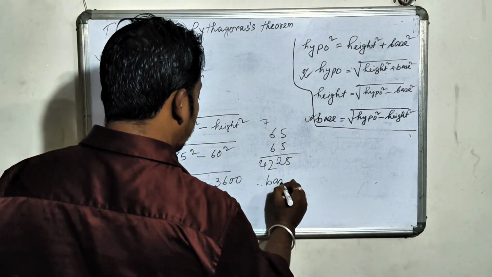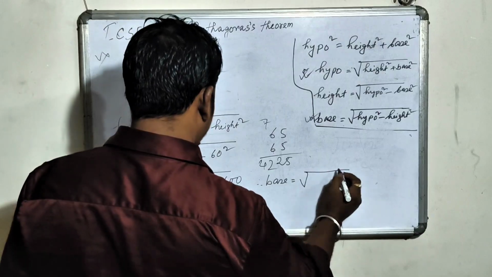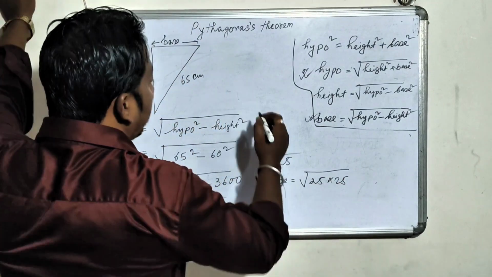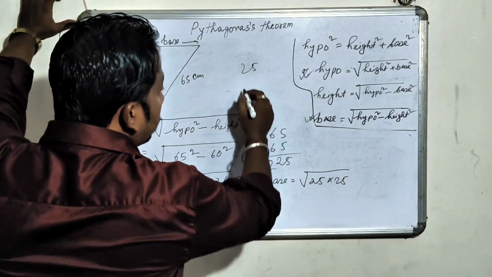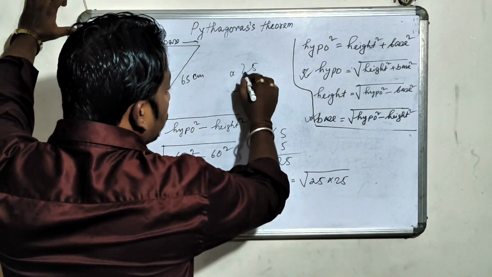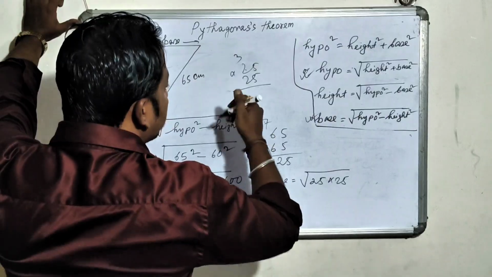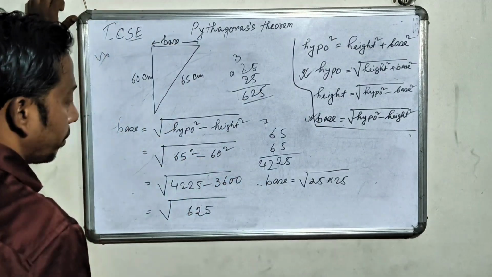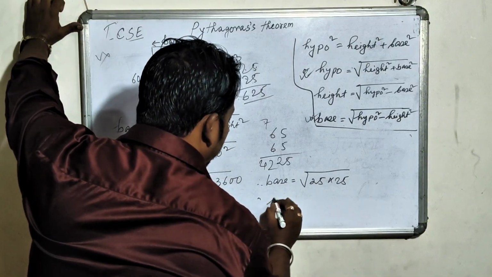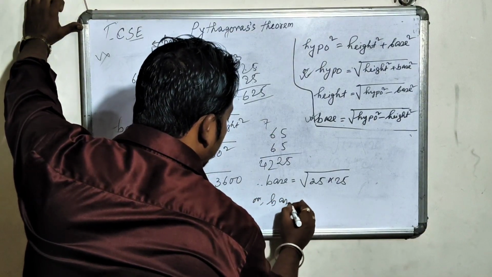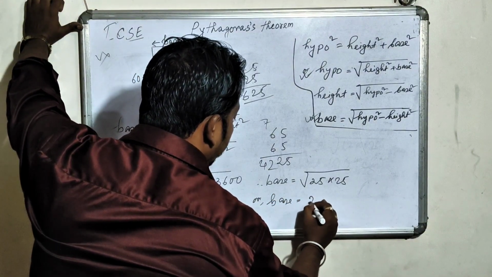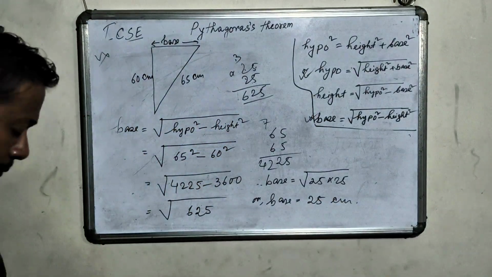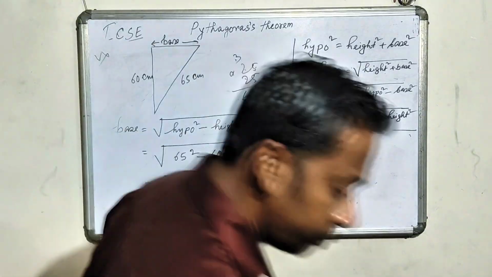Therefore base is equals to root 625, that is 25 into 25. How did I get this value? Same rules, 25 by 25: 5 5 is 25, 3 2 is 6, okay, 625. So base equals to 25 centimeter. Okay, finished. Now,